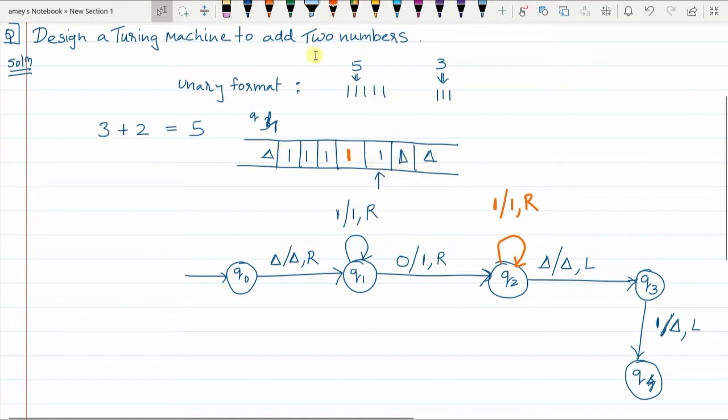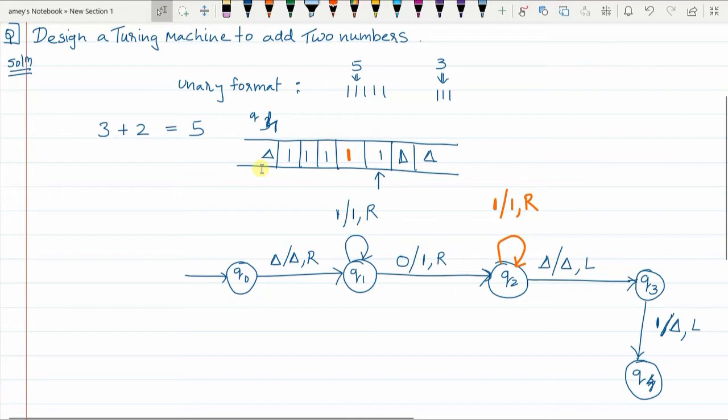So that's why for such problems wherein the Turing machine is involved with some computation and is going to give some final output which can be read later on, it is our duty to retract the pointer, to take the pointer back to the place where it was in the initial position. So now in Q4 state, we have already got the answer, but we are just going to read the ones on the way. We are going to ignore the ones on the way, and the pointer is going to keep moving to the left till we reach the end of the string.